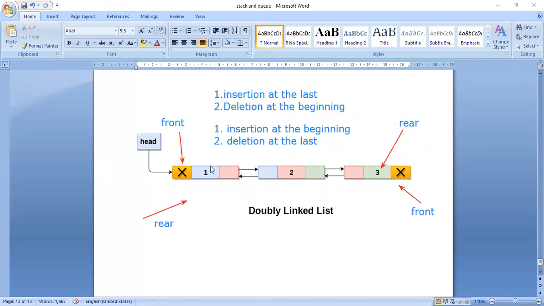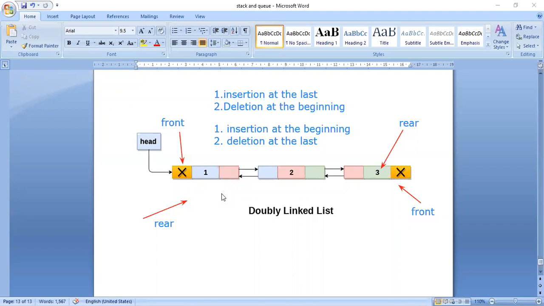So here also the same thing. Insertion at the last and deletion at the beginning is the first option. The whole thing is same. If I know the insertion at the last of a double linked list, then I can do the insertion in the queue. If I know the deletion at the beginning of a double linked list,